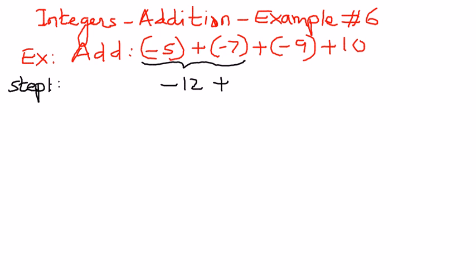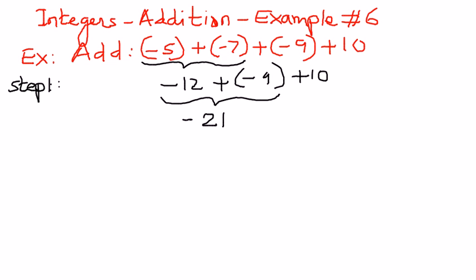We have some more numbers to bring down, and therefore -9 plus 10. So we take the second set of numbers, two at a time, -12 plus -9. We take the absolute value of -12, which is 12 units. Absolute value of -9 is 9 units. So therefore 12 plus 9 is 21, and we're going to attach the negative sign in